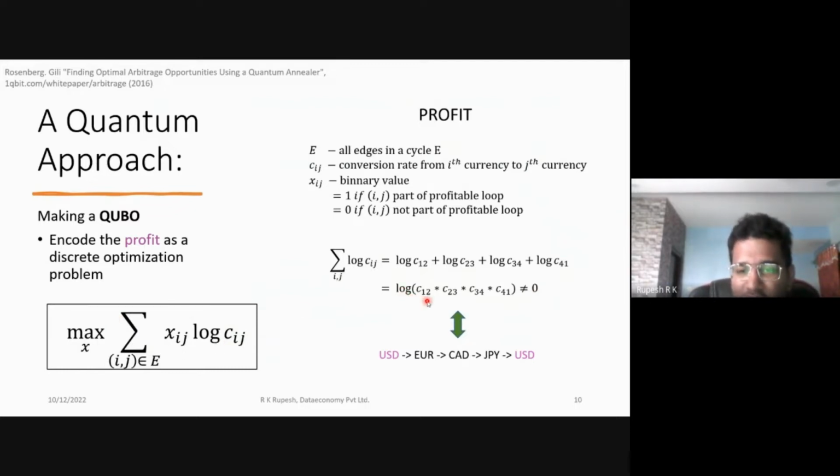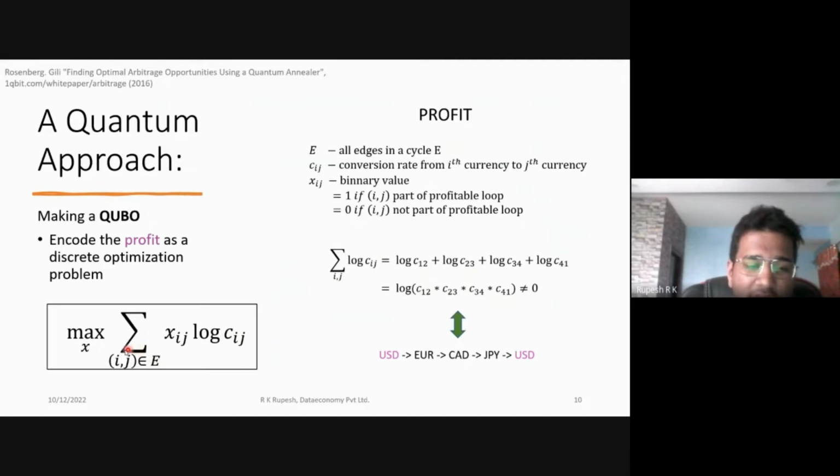And so essentially what multiplying these conversion rates implies is going from one currency to the next and then finally coming back to the original currency, which is reflected by having one both at the end as well as in the beginning. And usually this value could be just you start with a dollar and you end with a dollar, or maybe less because of transaction charges. But at some times we can churn a profit out of it. And so that is the quantity that we want to maximize.